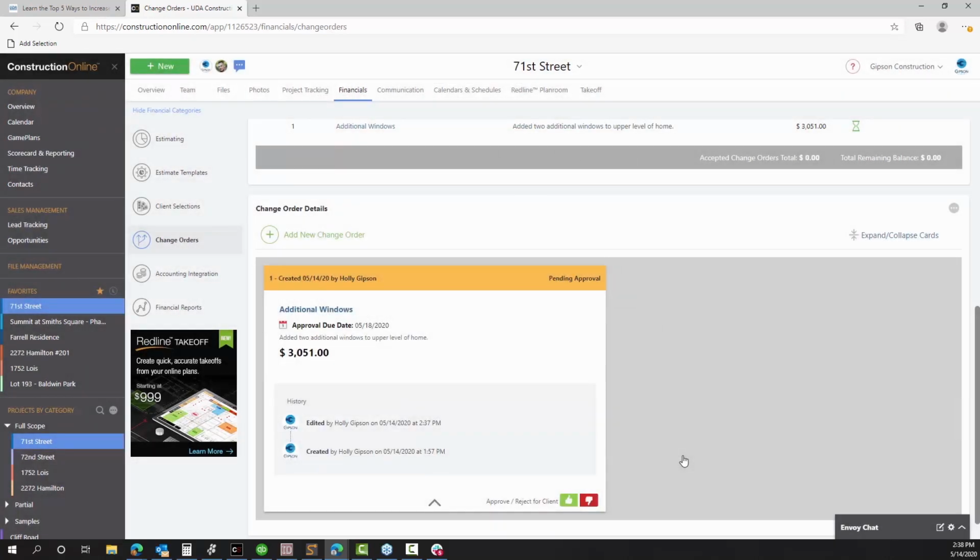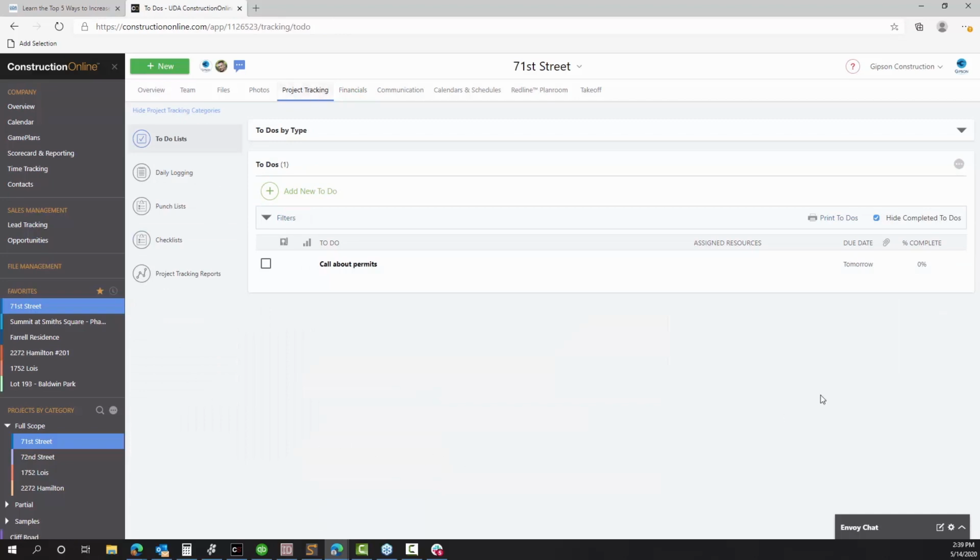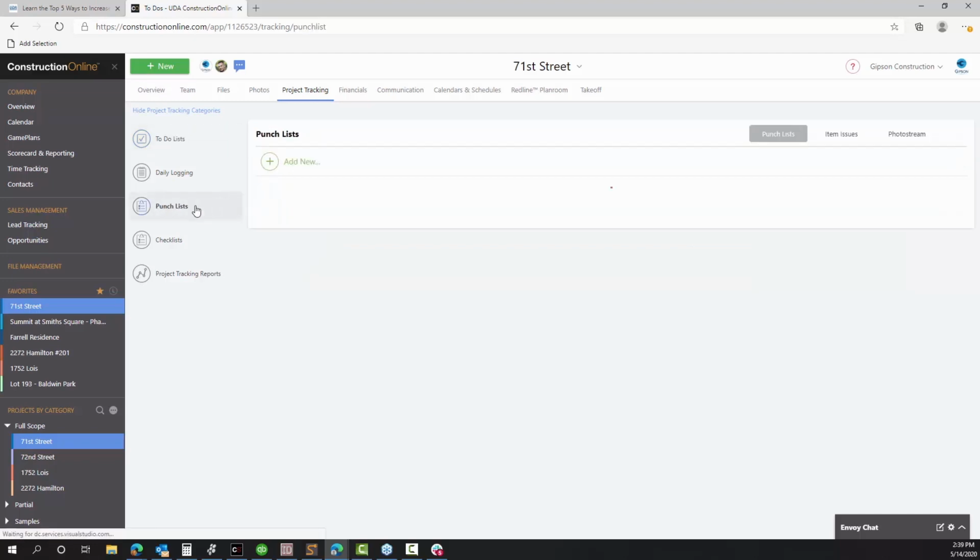Now, before we log in as our client, I think there's one more thing that would be really helpful to touch on, and that would be just looking at the project tracking options. In this case, I have chosen to share my to-do list with the client, but when we log in, you'll notice that the client won't have any to-dos in their list because this one is not assigned to them. So again, that's only going to apply to things that are assigned to them. If we take a look at our punch list,